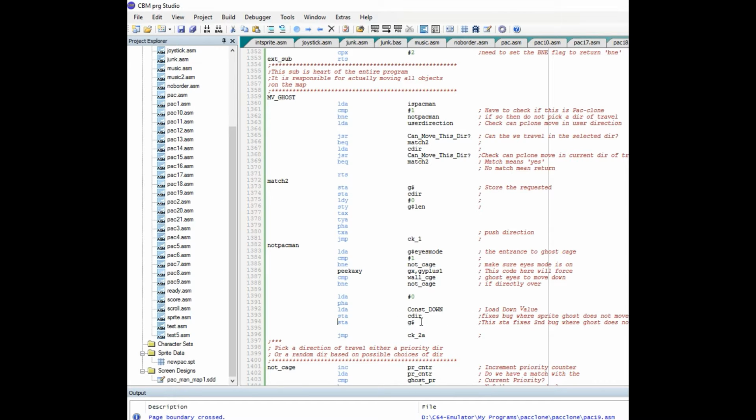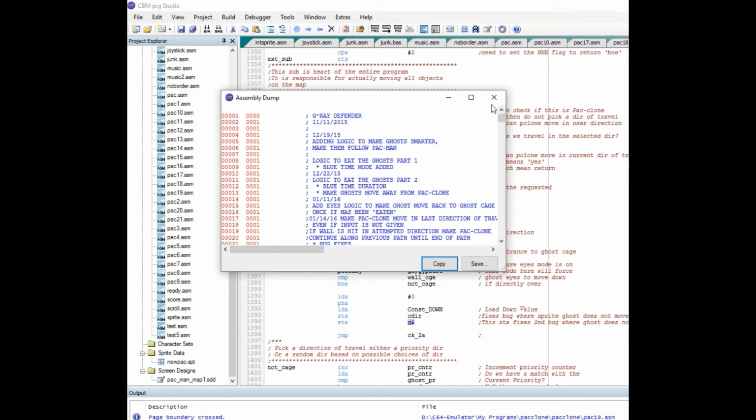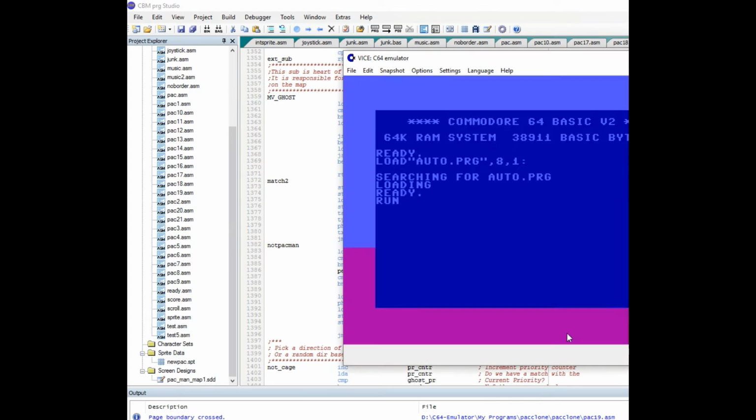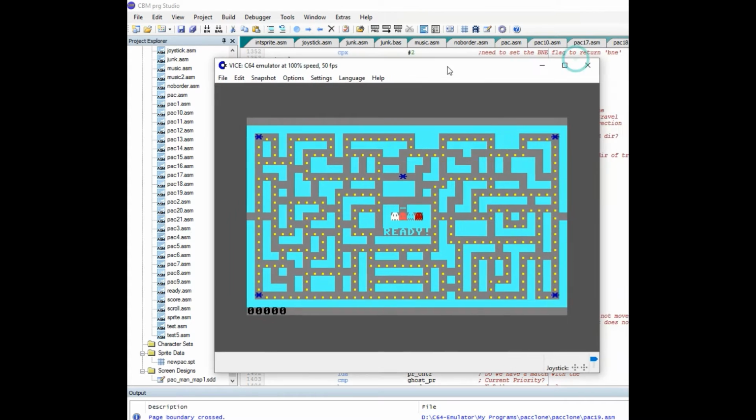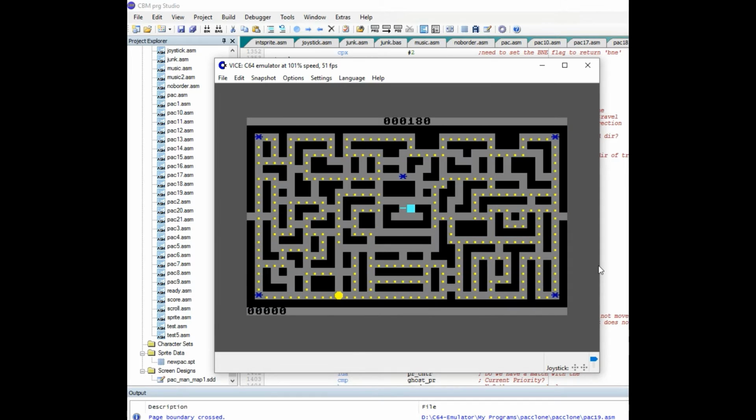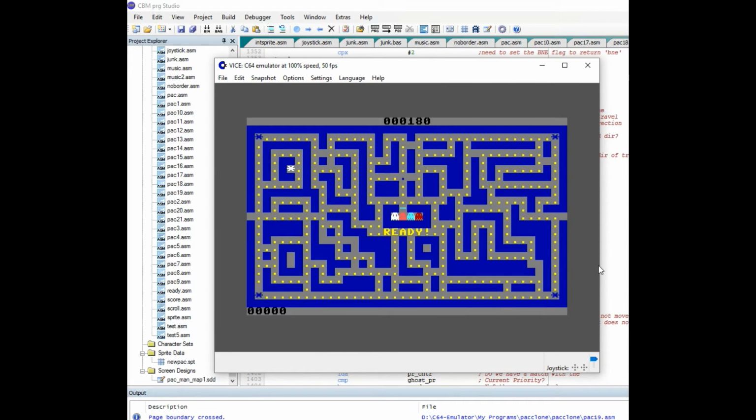But I actually have one more variable that needs to be set up. That's a directional variable. So I had it move down, and I store that in the direction, into this variable. And now with that in place, that fixes the problem. So just one little piece of code missing can cause a huge malfunction in your program. And it's not until you see it happening that you even know about it.